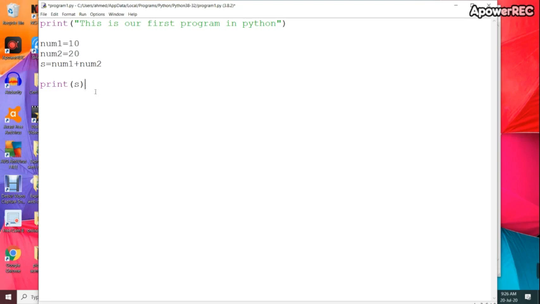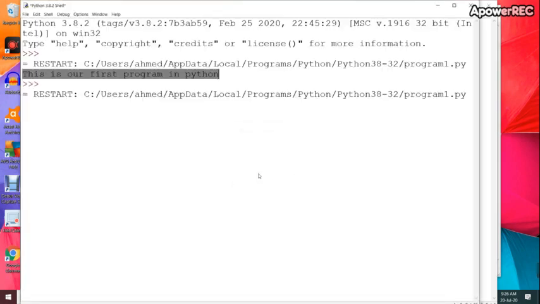Here I want to tell you one more thing which you need to keep in your mind, that after print statement, whatever we write in double quotes, that will be printed as it is. But if we write something after print statement without the double quotes, as I have written here as s, so basically s shows the variable, so this s will not be printed, the value stored in s will be printed. Let us see. Run. OK.